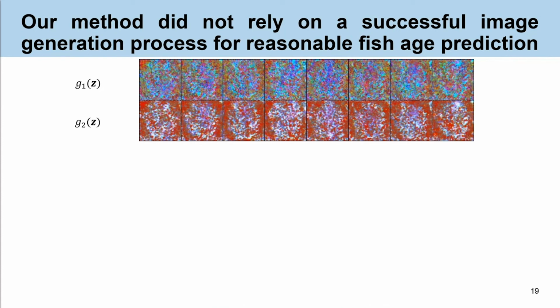You can see at the top of the slide some images generated by our generators G1 and G2 from our Kogan design. So the first row corresponds to images generated with source style, and the second row are images generated with target style. So they do not resemble by any means the original otolith images with the original colors and shapes, and this is not a problem of image normalization. But yet, these images were sufficient for a reasonable fish age prediction in the target domain. So we suspected that the quality of the generated images had to do with the chosen architecture.